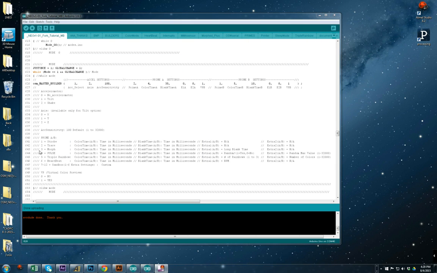So the next one is gonna be Morph. Morph is pretty much straightforward. Whatever color you program is gonna jump to the next, it's gonna make an average and make that jump on colors. So the values on Morph,